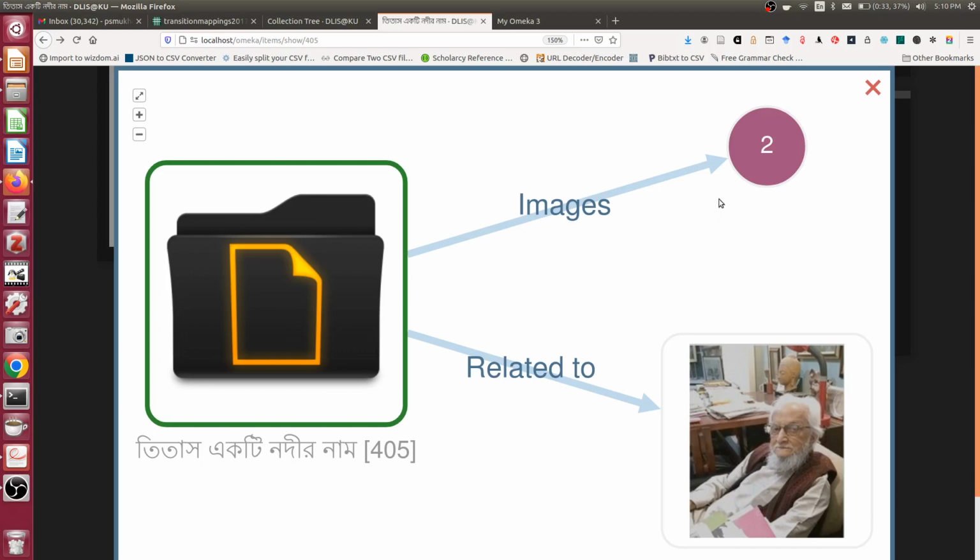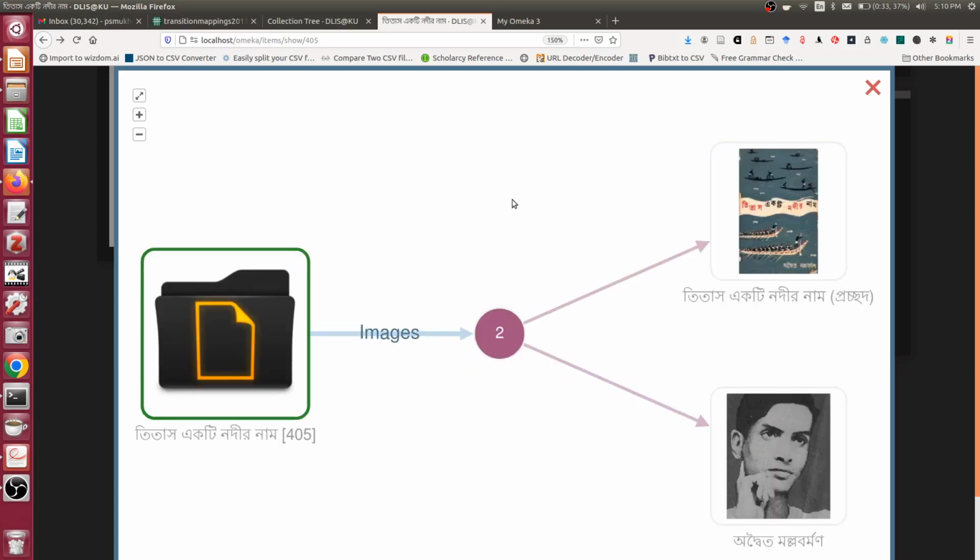If my user selects that, okay, let me follow this particular link, it will now tell this user that this primary resource is connected with two other digital objects available inside the archive. One is the cover page illustration, another is the person. So this person is the author, and this image is related with this object in the relationship of cover page image. Now the moment I follow, okay, this cover page seems interesting, and in fact we consider this cover page as an art object. So let us move this way. The moment they click,